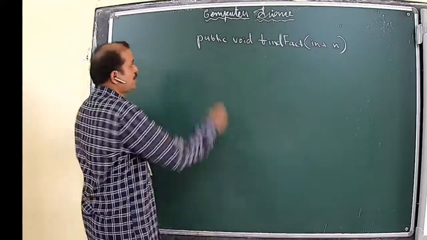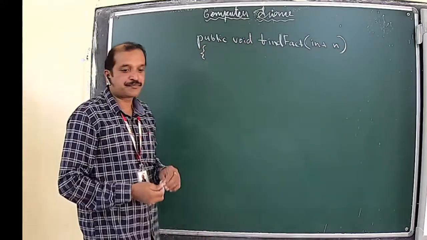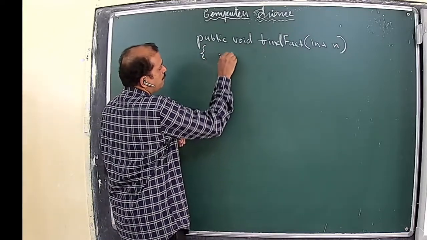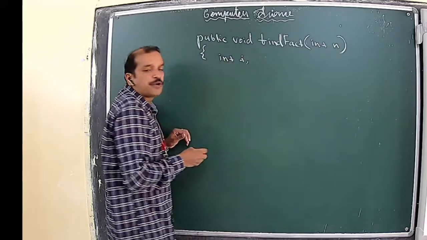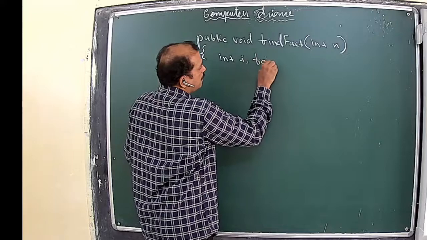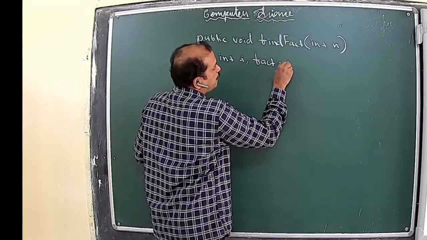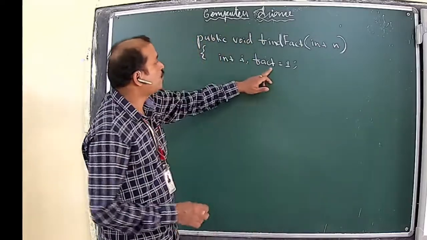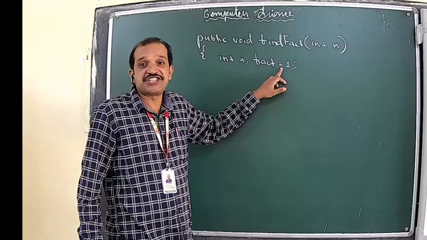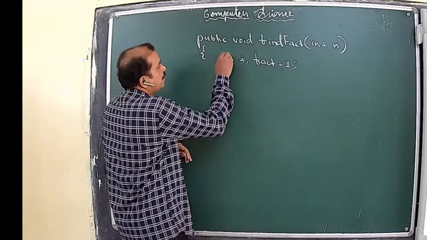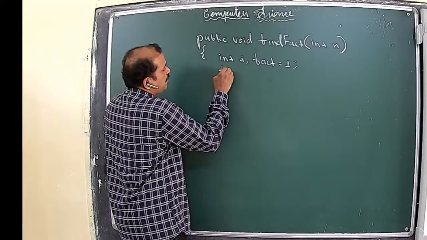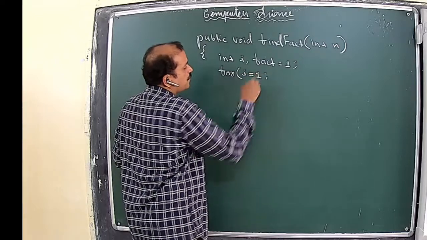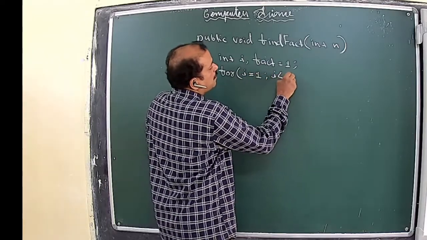We assume that this is a number for which we want to find the factorial. And definitely we need 2 local variables here. One is a loop control variable. Another is a variable to store the factorial of this particular number. This variable we have initialized with 1 since multiplication is involved. First we will iterate the loop from 1 to n,